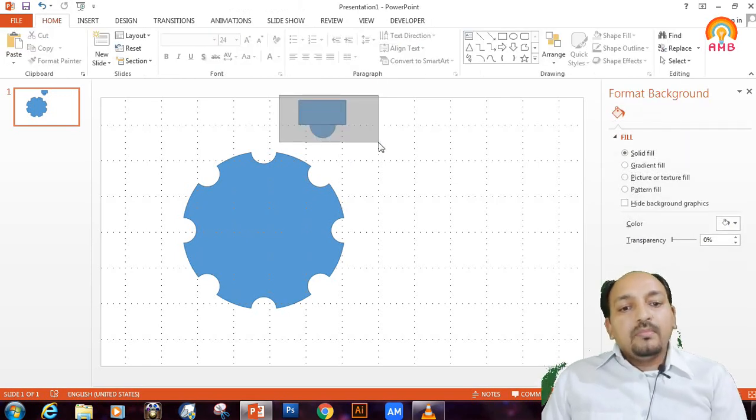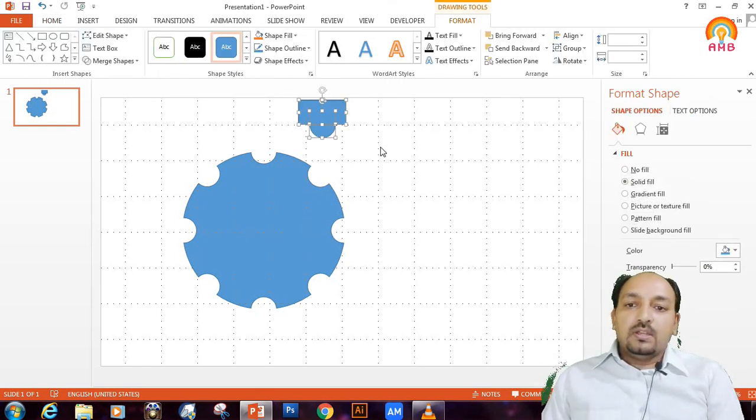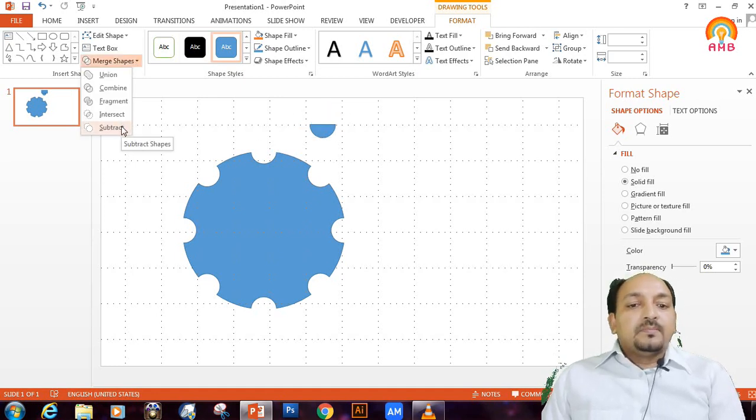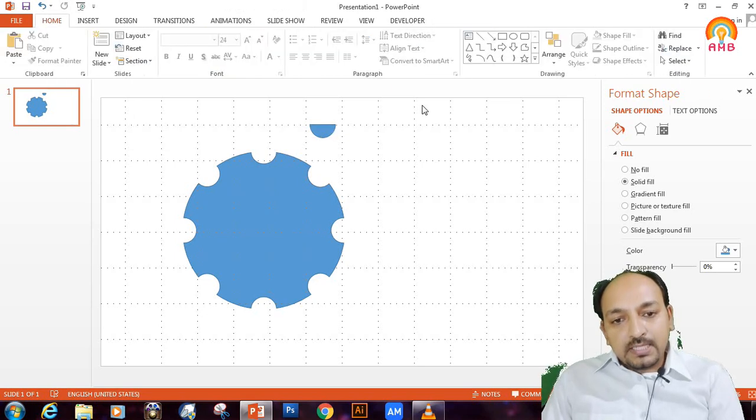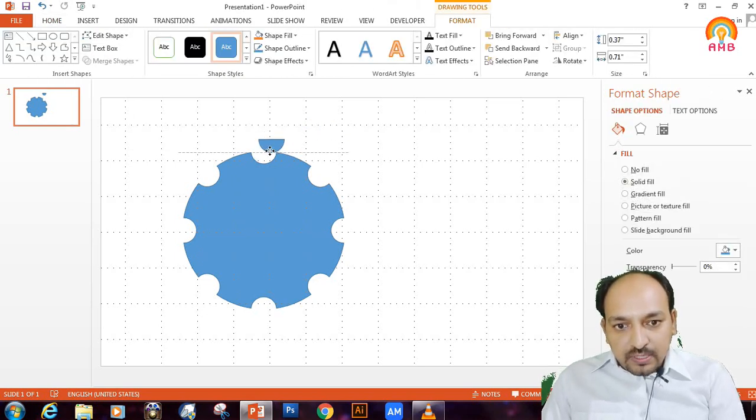And now I am selecting both the objects, and again I am subtracting it. So we get a hemispherical shape which coincides with the die.